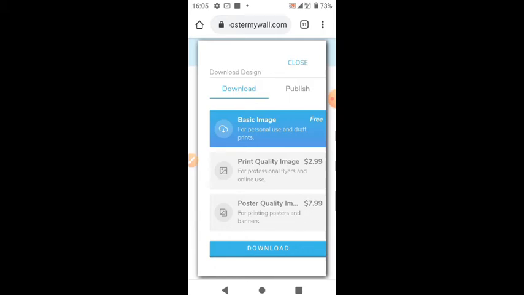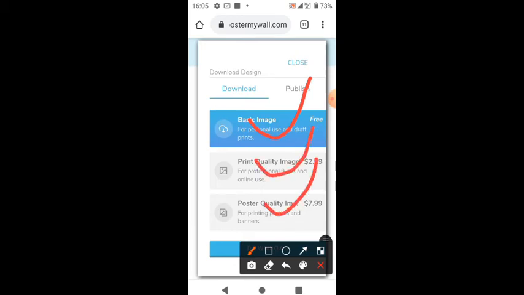So anyone you want. But for the free version, if you download, it will have the watermark. But for the ones they are selling, if you buy the file, there won't be any watermark.